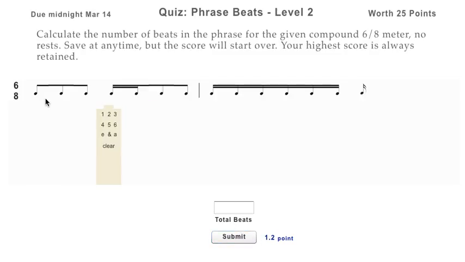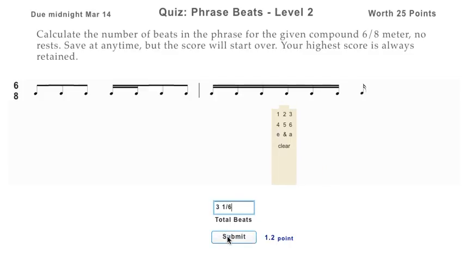The next problem, we again have 2 beats up to the bar. This is 1 measure, so that's 2 beats. And then we have 1 more beat here, so that's 3. And the 16th note all by itself. 1 16th note is 1/6 of a beat, because there are 6 16th notes in 1 beat, or 3 8th notes in 1 beat. So the answer is 3 space, and this is the 16th note here,